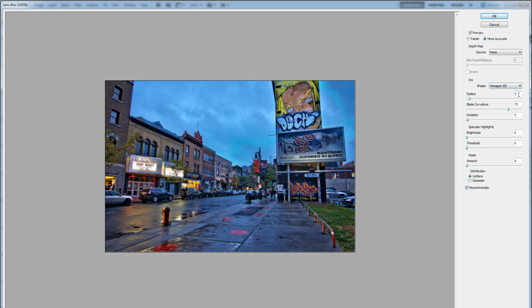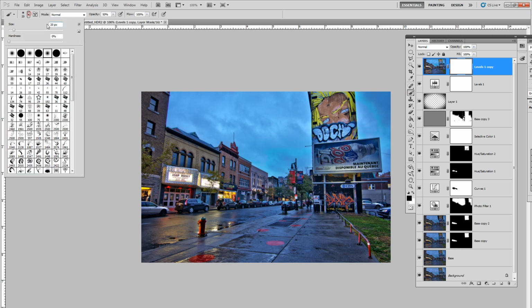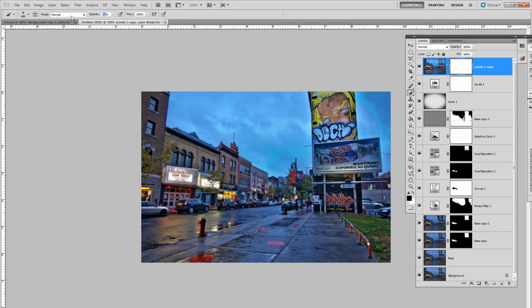So as you can see, radius 5, I'm just going to click OK, and then you want to add a layer mask, maybe 400 pixel, the size of the brush. You can put 100 here. You make sure hardness is 0, and then you just paint the center like that. And you can see it makes a pretty cool effect that you can